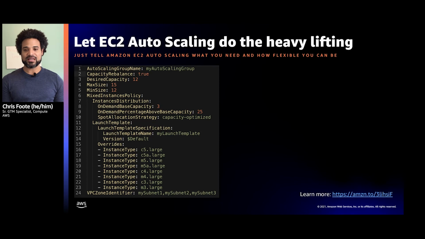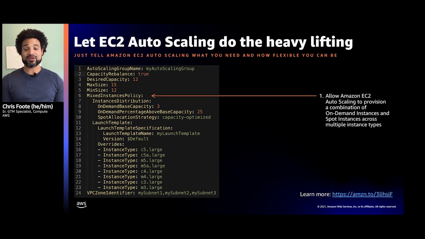To dive deeper into Auto Scaling, there are multiple configurable options. The first is, we want to set what percentage of instances are going to run on Spot and what's going to run on demand. And the mixed instances policy is the place to actually add those configurable items. So that's going to allow Auto Scaling to provision a combination of Spot and On Demand as the Auto Scaling group grows and shrinks. And I can also set a baseline of minimum On-Demand instances I want to provision. And as I mentioned before, I can cover those with a Savings Plan if the intention is to be steady state.